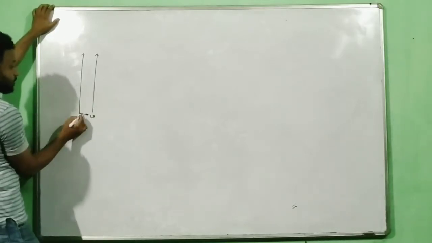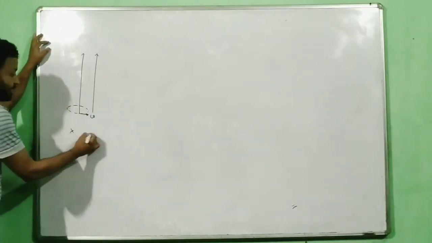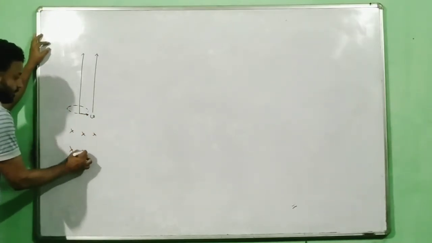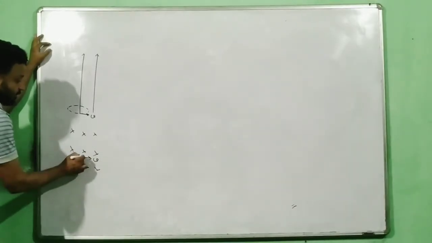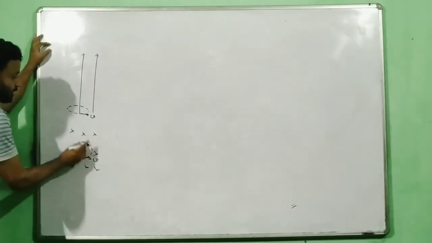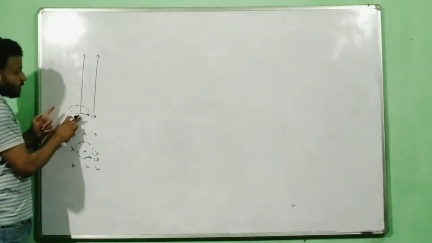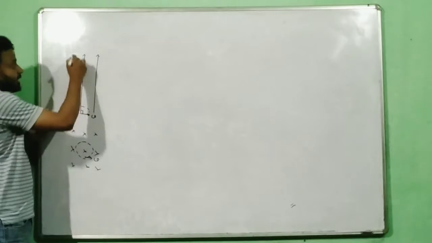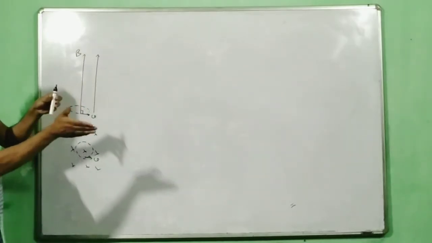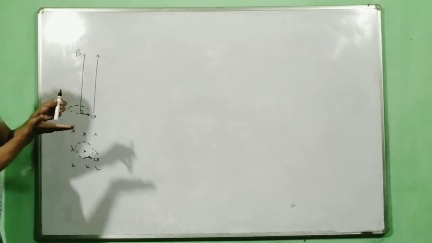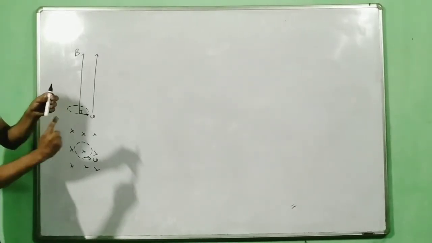So V cross B, the charge starts moving in a circular path. This was the diagram which represents this. Both are same. Right now this velocity and this magnetic field make an angle of 90 degrees. If this is my magnetic field and this is my velocity, V cross B, it will experience a force like this, so it will move in a circular path like this.